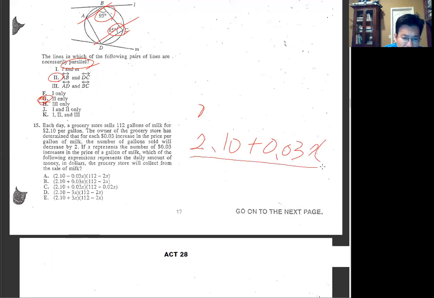This is the new price. The number of gallons, 112, decreased by 2, so 2x. Then this times this has to be